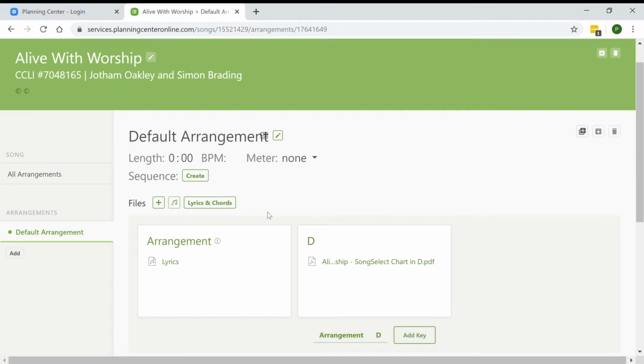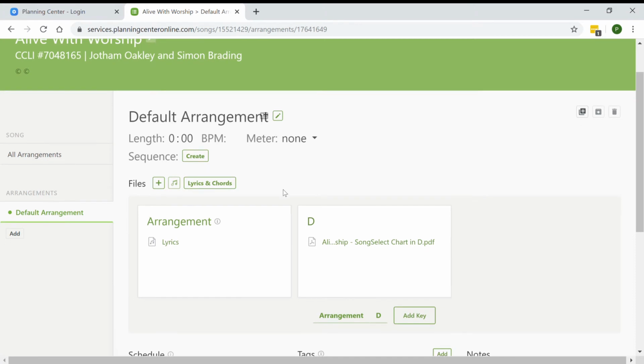Now again, there are more things that you could do here. We could put in the normal number of beats per minute and the meter of the song and all of that, and then you could search by all those things. But I don't think we need to get that overcomplicated. The key thing here is that for just this arrangement, you can see the lyrics here,